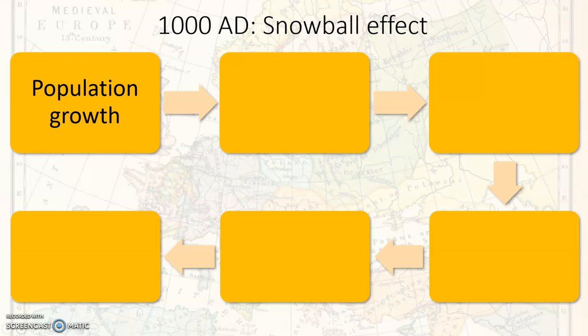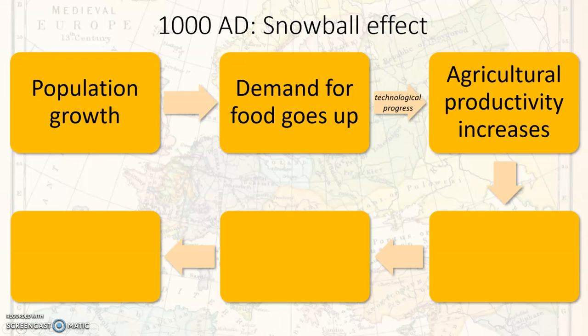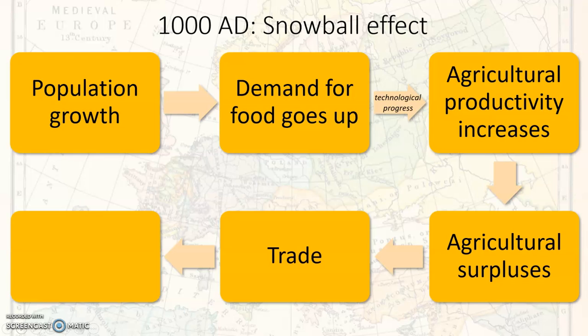Around the year 1000, a variety of aspects led to a snowball effect. Population growth boosted agriculture as more workers were available, and the demand for agricultural products increased. As a consequence, farmers needed to increase their agricultural yield, and technological progress gave them the means to do so. The higher productivity led to agricultural surpluses, which were used to trade. In the 12th century, trade started to be centered in cities. Trade and urbanization also had a positive effect on population growth.